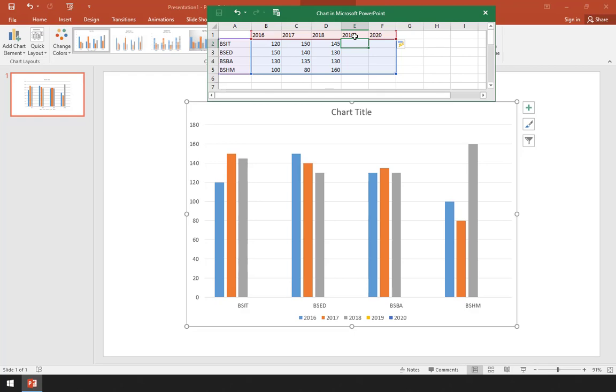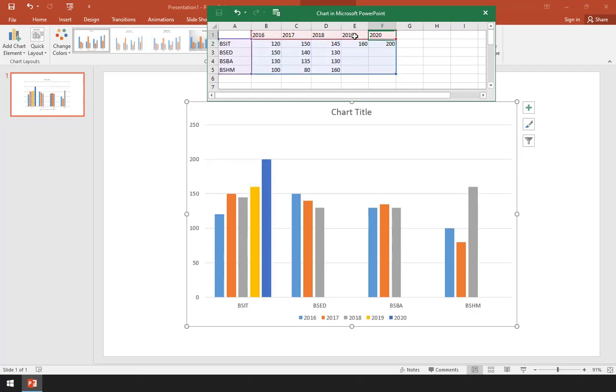For example, kami, nakuha namin, for example, yung 116 noong 2019, tumaas kami. And, dahil nagkaroon ng COVID, kunwari lang po, naging mas mabenta yung IT, kasi lessons can be done online, preferably. And then, for example, na-hit lang namin yung 200. Kunwari lang po. And then, after